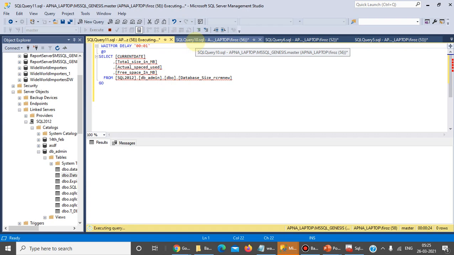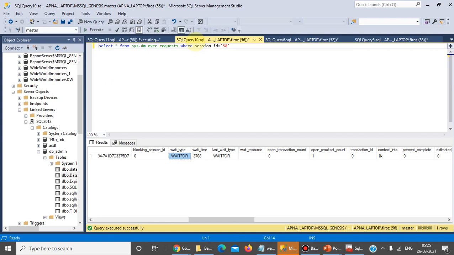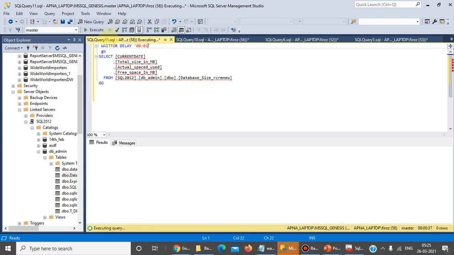I'm not sure, but we can create some scenario to get that wait information. At 55 seconds we will go to that tab, refresh that query and understand.